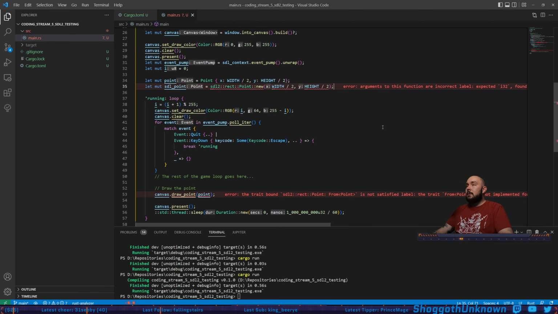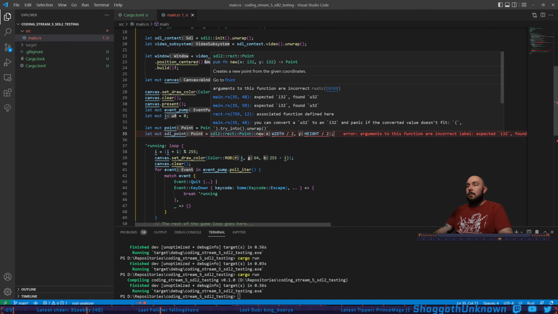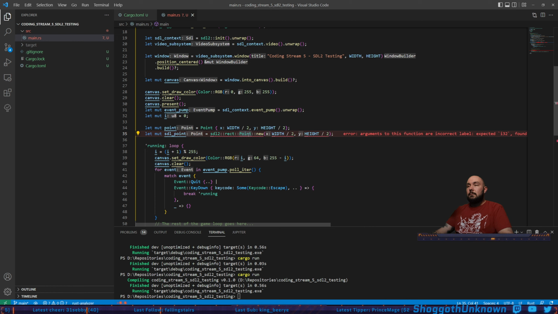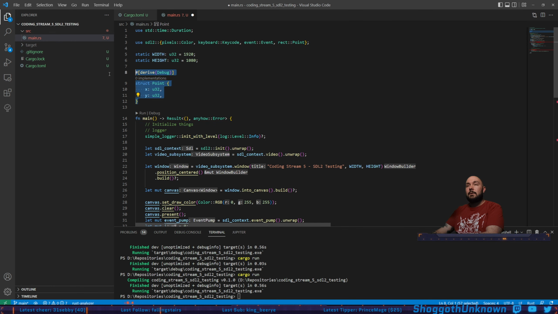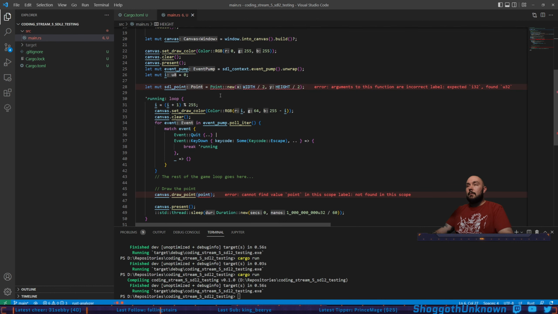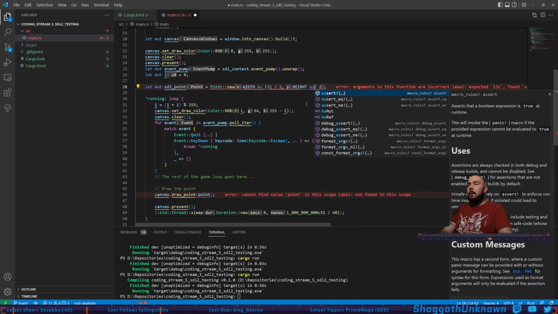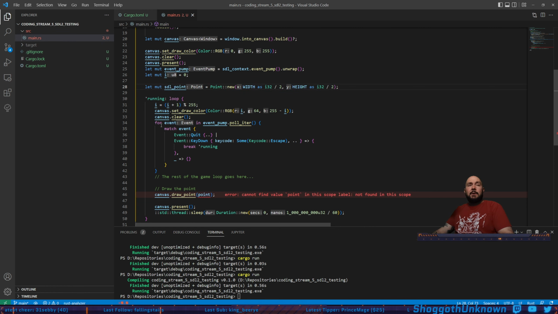Yeah, let's do that. Let's remove the point that I made because we're not going to use it after all. And now we do run a risk. We're never going to have this happen on any window that we create. But because this is a U32, its max value is like 4 billion, whatever. And an I32 is like 2 billion. So you do run the risk of doing that typecast of